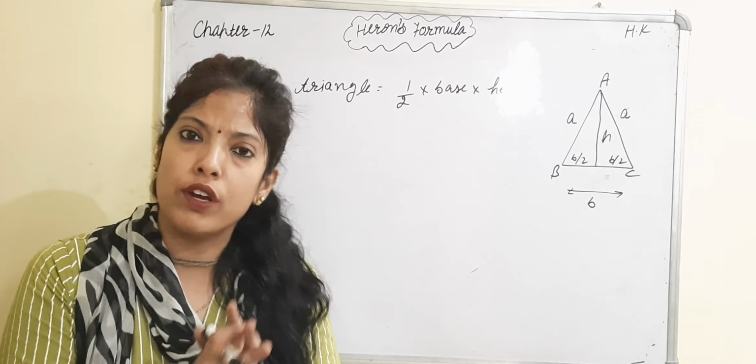It means a square is equal to the base square. Listen, if this complete line is b, then the median is b by 2. So base square means b by 2 square, plus height square. The height is h, so h square. We have to find the value of height and put it in this statement. So a square is equal to b square by 4 plus h square. We have to find the height, so we change sides: a square minus b square by 4 equals h square.